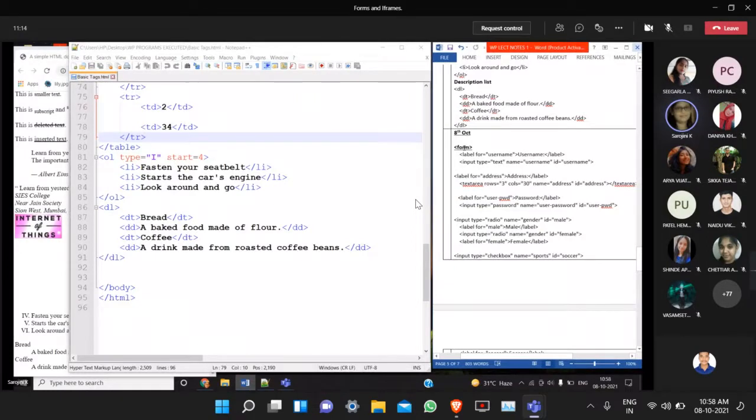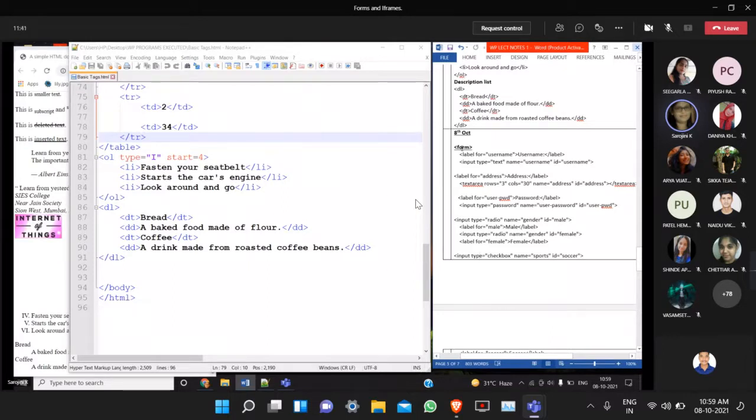In the form tag, for example, assume you are going to create a text box. A text box for what? A text box to enter the user name. So you will write form, as I said during the last lecture. Inside the form, you may write many attributes.